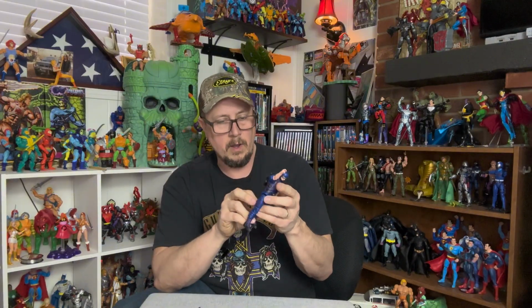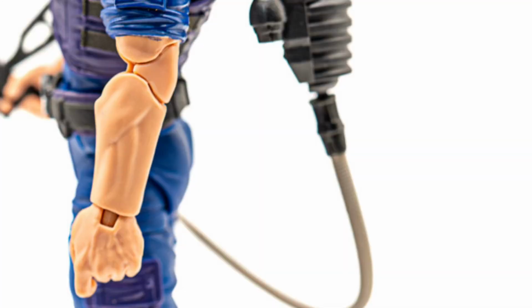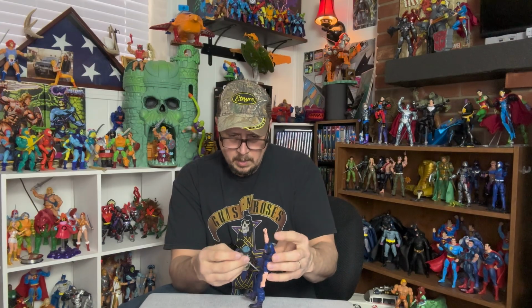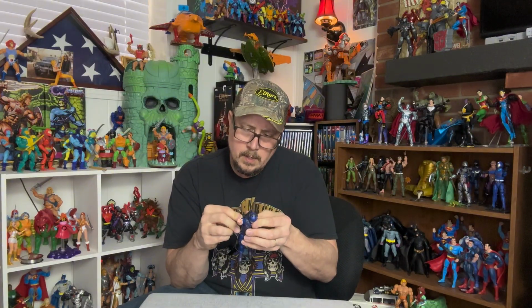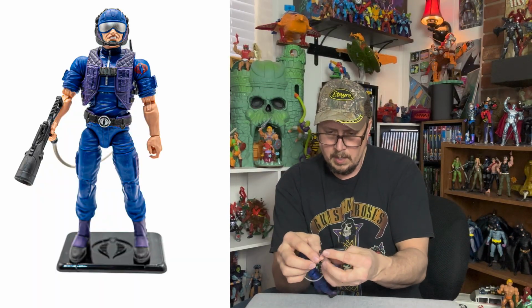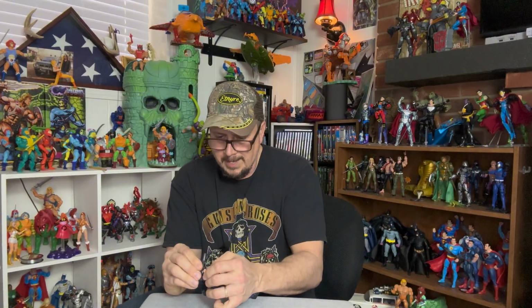Okay, so it was very hard to line up on his back, and I don't even know if I still got it right, but we got our tubing here, and let's see. I guess, yeah. Okay, so I'm guessing it goes right in the bottom there, obviously, and then it goes on our gun, just like so. Let me see if it's got any holes in it. I don't know if it will or not. It kind of clips there on the side, which is kind of nice, but most likely I will probably have it in his hand and doing the business. So you're going to have to take the tube out, then put it in his hand,